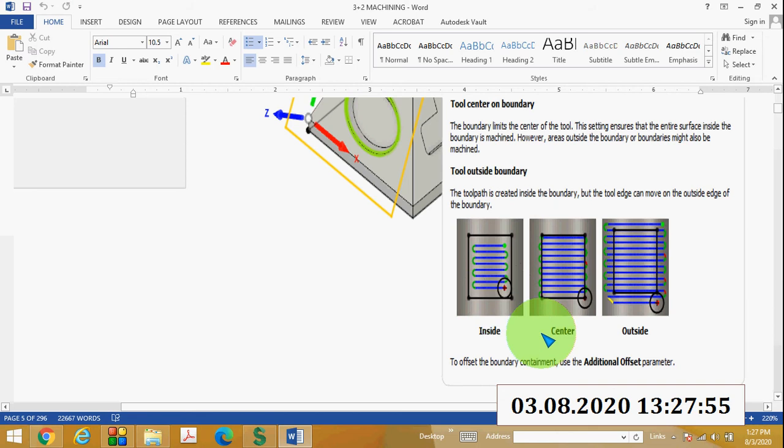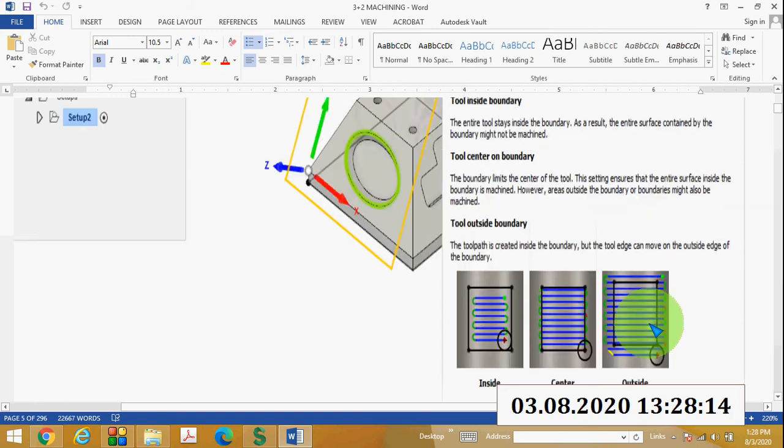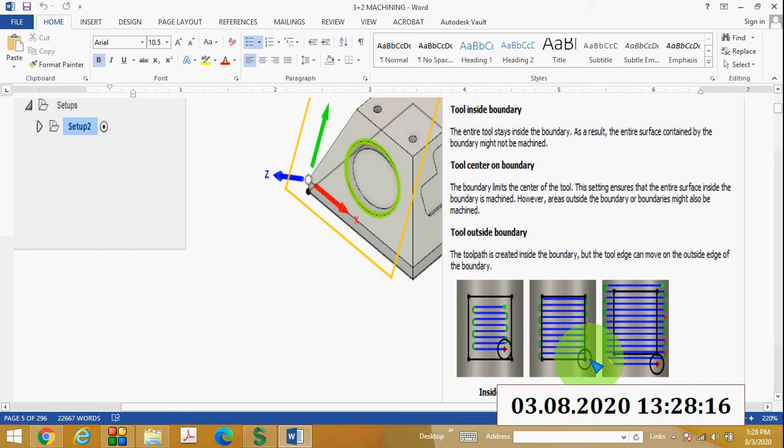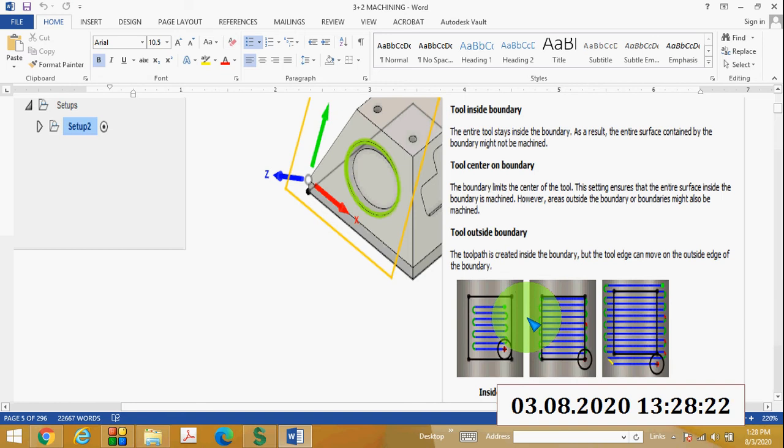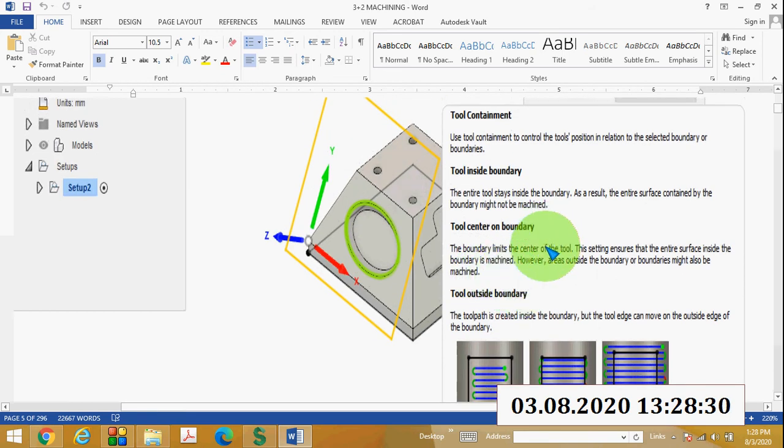This is the tool inside boundary, this is the tool center on boundary, and this is the tool outside boundary. Tool outside boundary means the toolpath is created inside the boundary, but the tool edge can move on the outside edge of the boundary. Tool center on boundary means the boundary limits the center of the tool. Tool inside boundary means the entire tool stays inside the boundary.